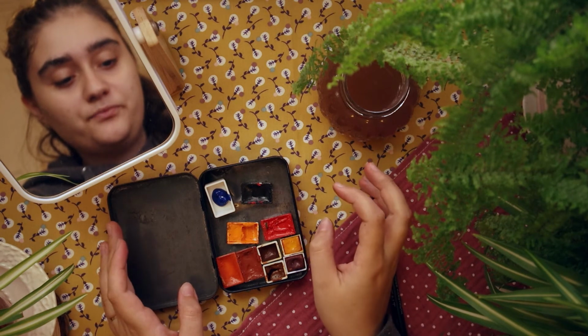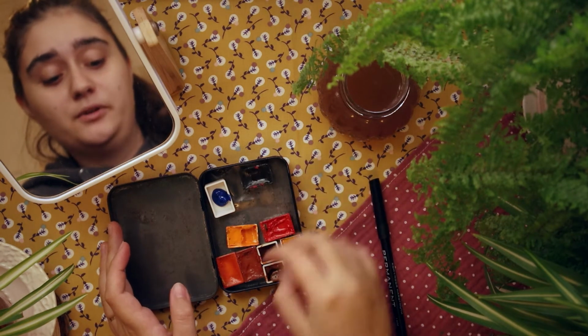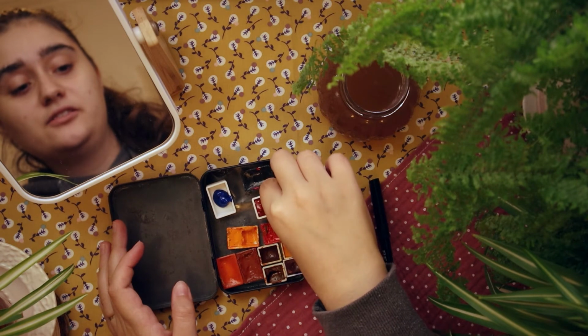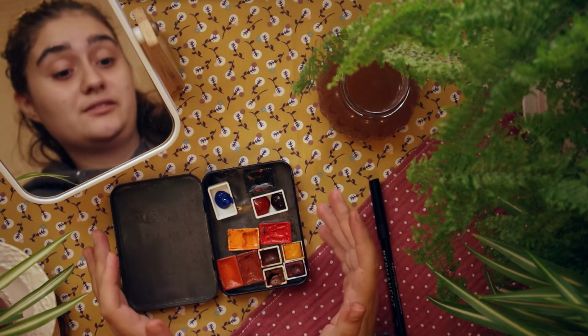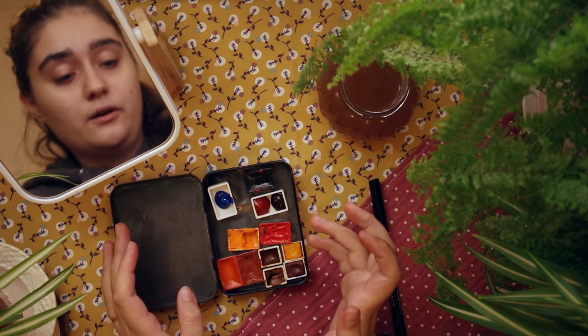Right now, we have a bunch of colors inside a box. They are not arranged in any specific way, they are just thrown into the box, right? Now,